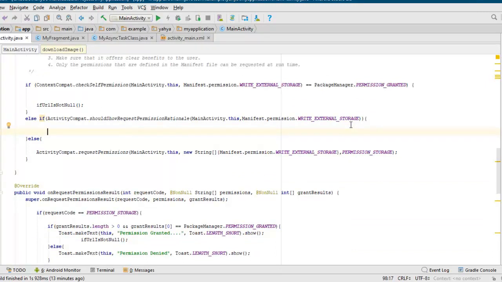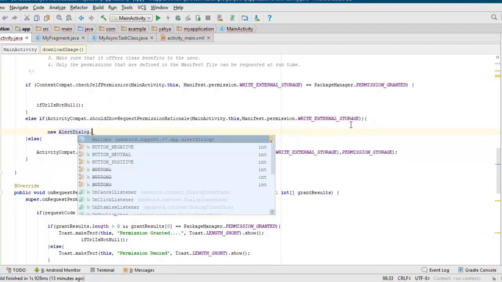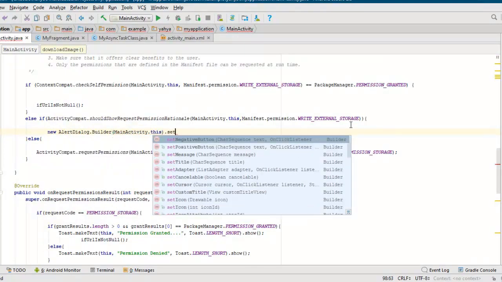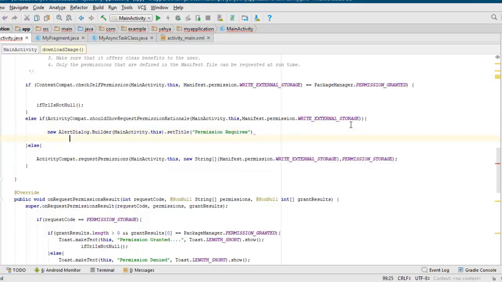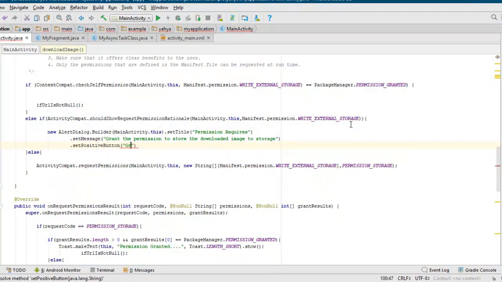show a dialog to the user and give enough info about the permissions that the user is going to allow, by using a dialog. In here I create a new AlertDialog.Builder, and it requires a context, and I pass MainActivity.this as the context. I call .setTitle, required, and I set the message: grant the permission to store the downloaded image to storage. Make sure that you set a positive button, and I say grant